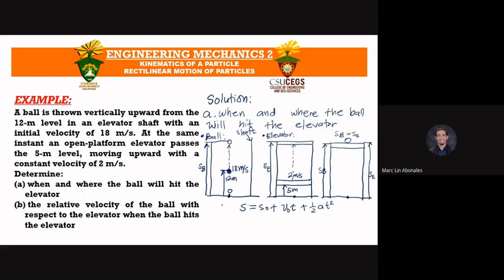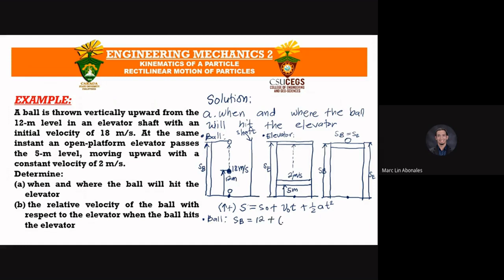And also, the same lang gihapon, you need to denote the positive sense of your direction. So kung ang imong upward is positive, pag substitute nato diri sa tong equation, kailangan i-consider pod nato ang positive and negative signs. So for the ball, that is SB,